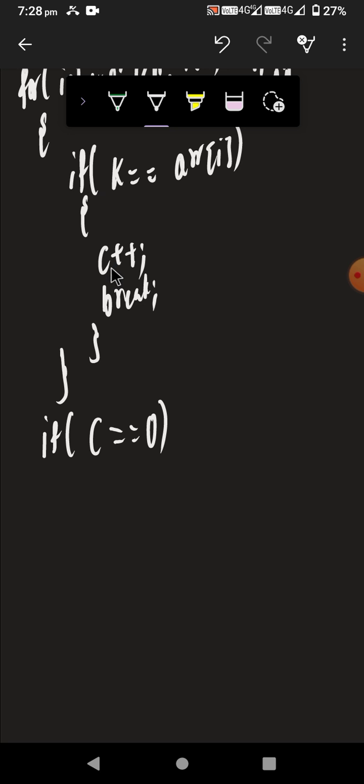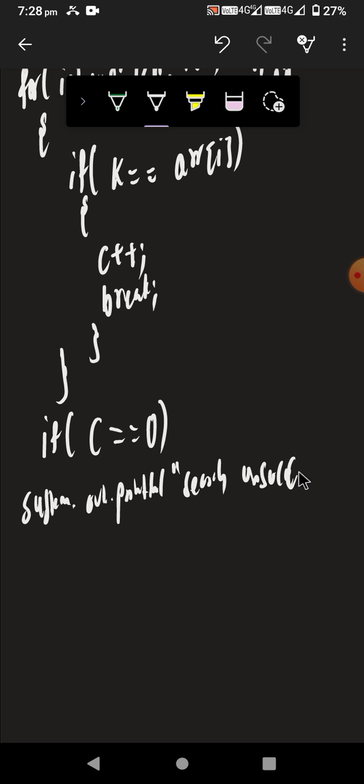There is no chance of c incrementing when no element of the array matches the value of k. So at that time we print, system dot out dot println, search unsuccessful, or you can write element not found. Both are the same.